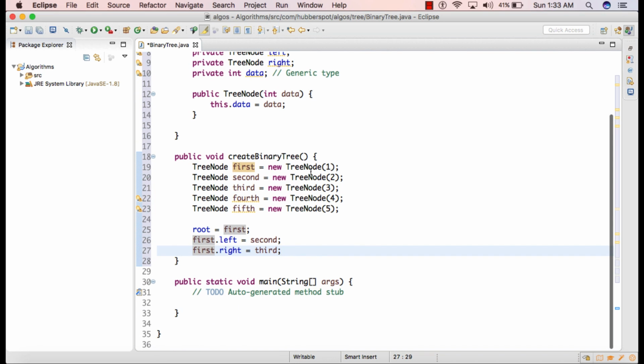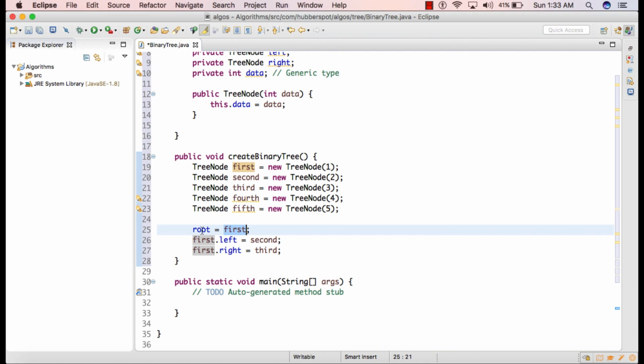So friends, here root will point to the node having data as 1, its left will point to the node having data as 2, and its right will point to the node having data as 3. So here we have simply assigned the value of first to root, and then we are assigning the value of second to first.left and the value of third node to first.right.